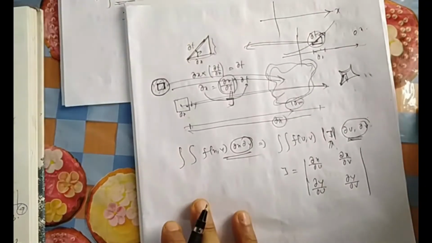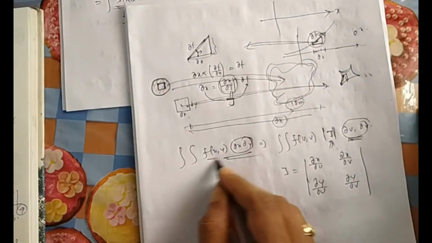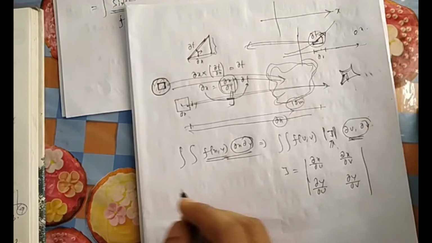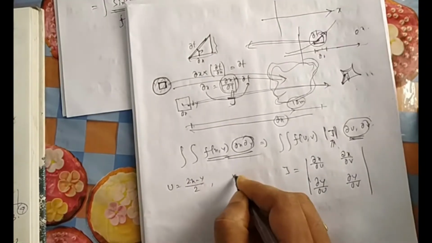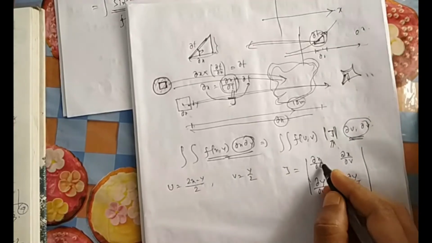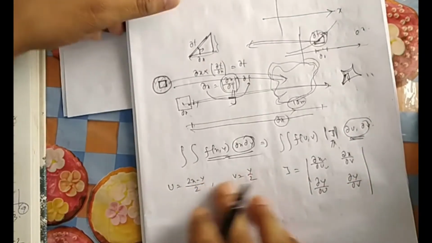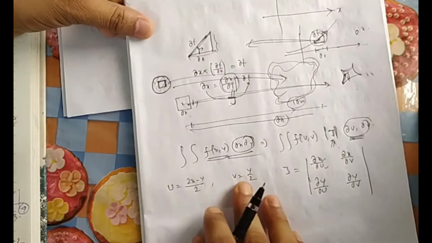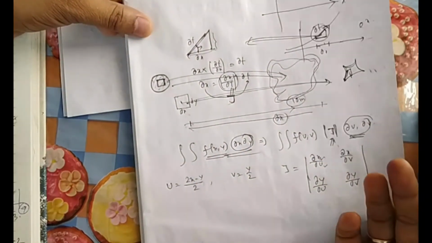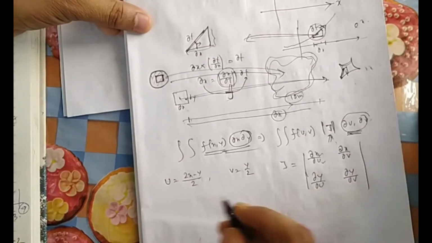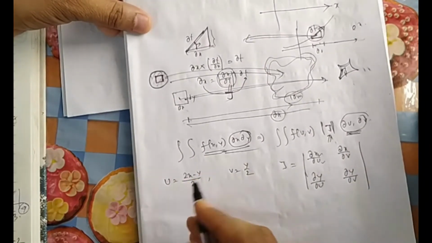That is the idea. So here we will do the same question. Here f(x, y) is given something and u is given. What was u? u is equal to 2x minus y by 2 and v is equal to y by 2. So you have to differentiate x with respect to y. So it's better you segregate x and y if it is possible. If it is not possible, you calculate del u del x, and in reverse, take the Jacobian inverse. That will also give you the same answer. But here it is possible, that's why I am doing it.